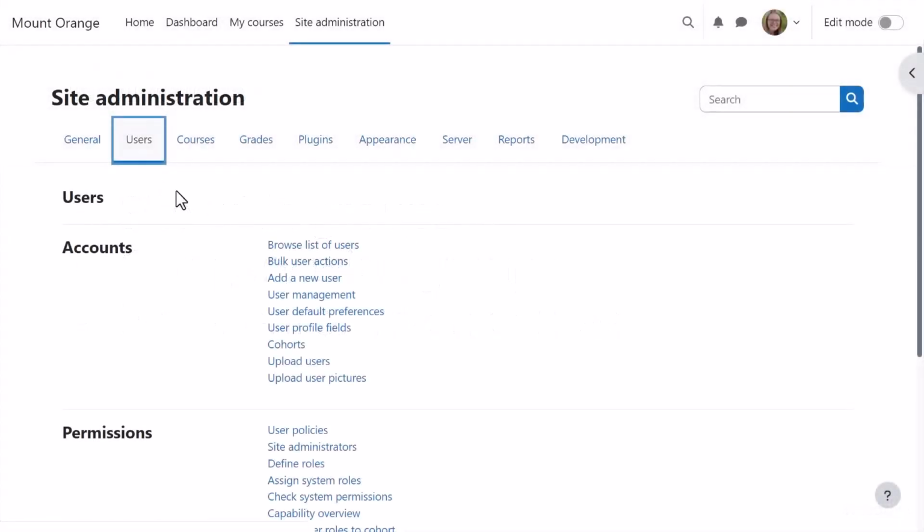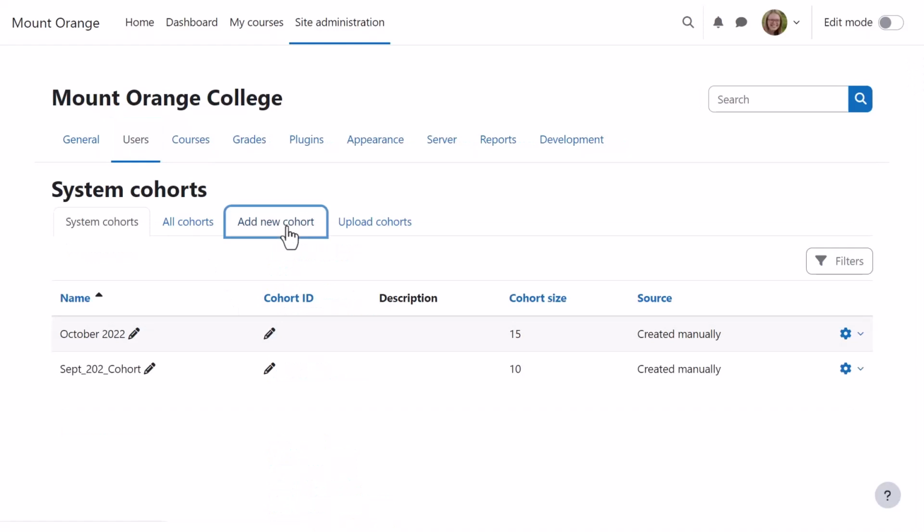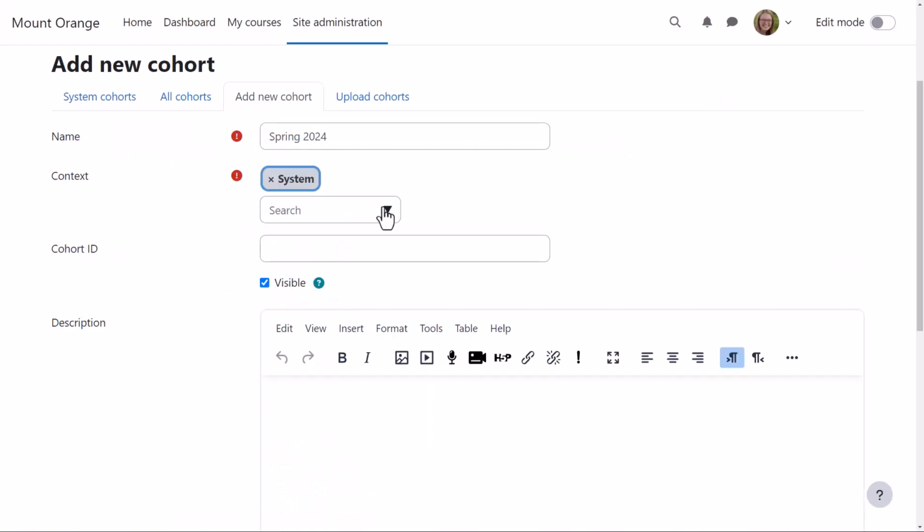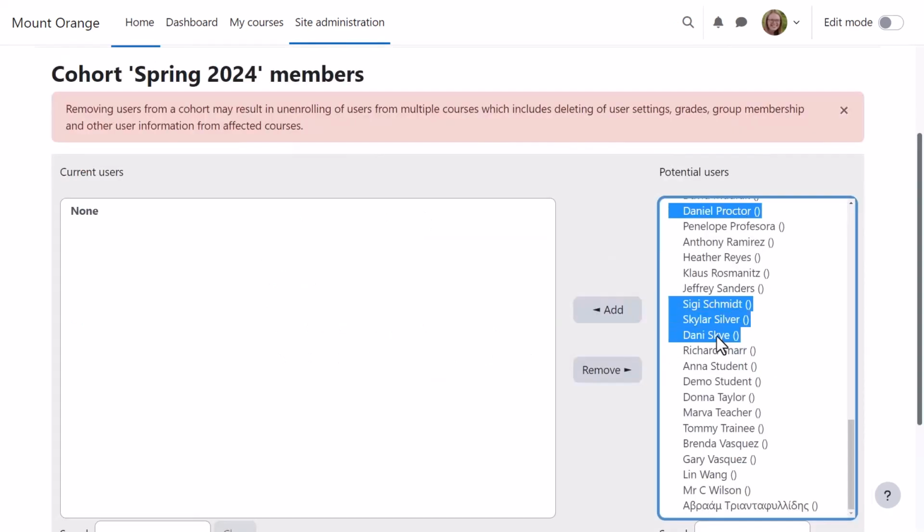From Site Administration, Users, Cohorts, our admin can add a new cohort, either in the system, site-wide context as here, or in the category context. The cohort will be visible to course teachers to use unless she hides it. She assigns some users,